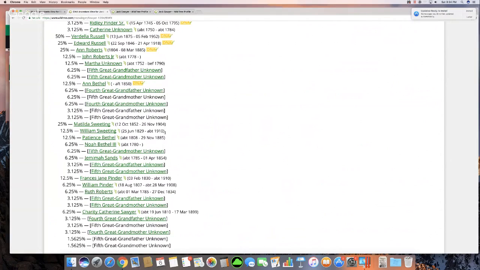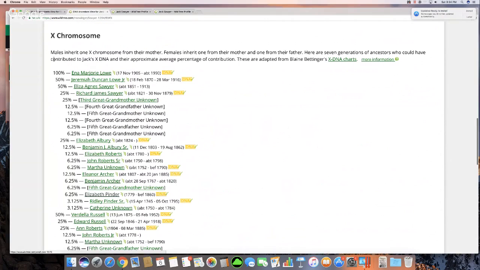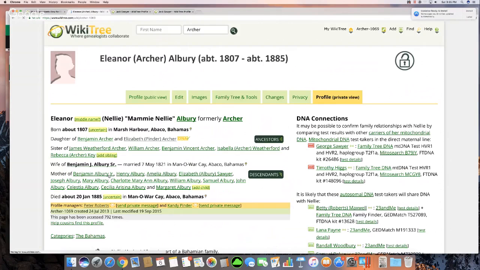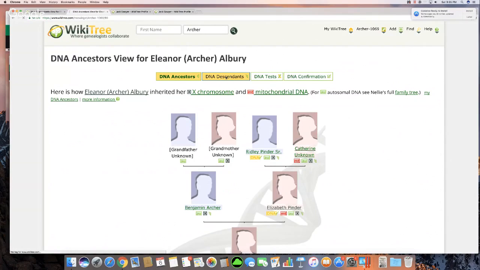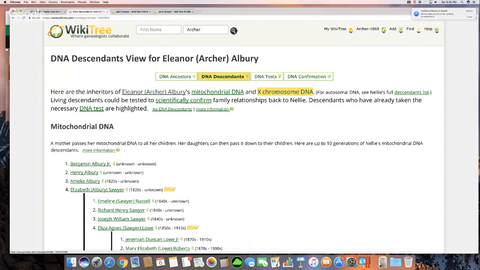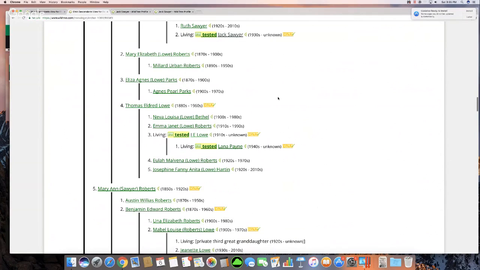And the X chromosome is a tab across the top of the DNA descendants page for Jack. It's the same place that we looked at yours. Yeah, so another ancestor that could have contributed to Jack's X chromosome is Eleanor Archer here. I'm going to click on her, and then I can click on her DNA descendants here, and then click on X chromosome. And then these are the people here who could have inherited DNA from